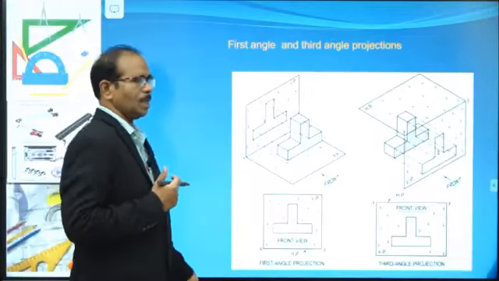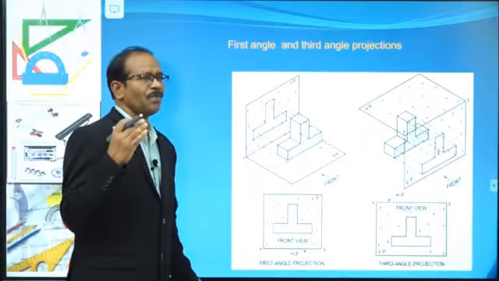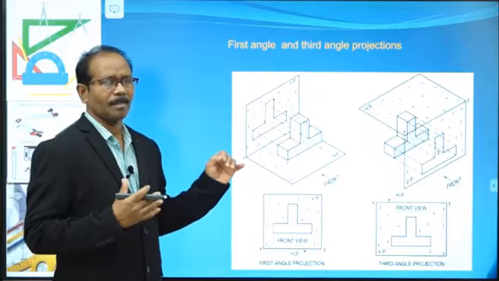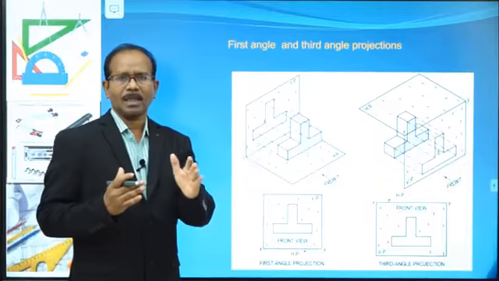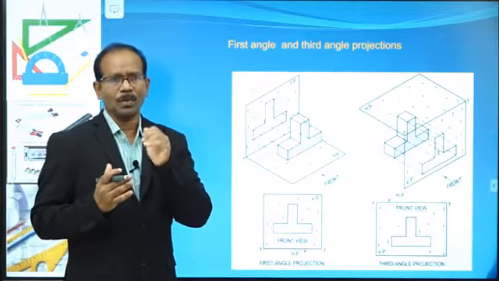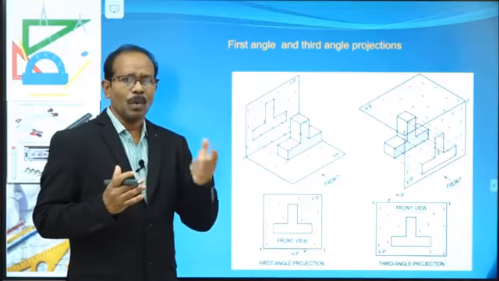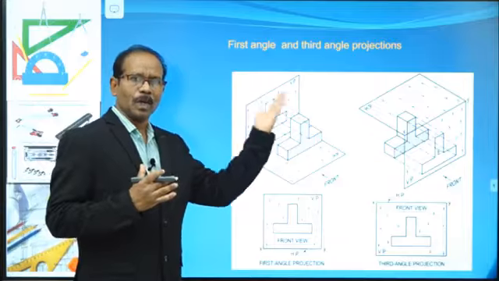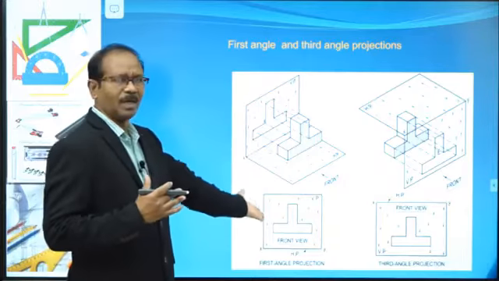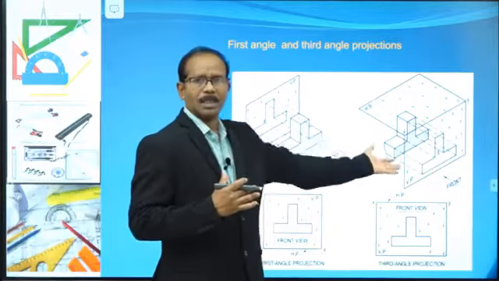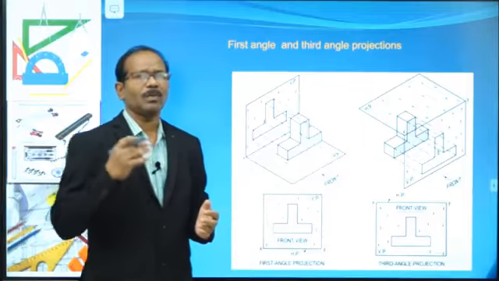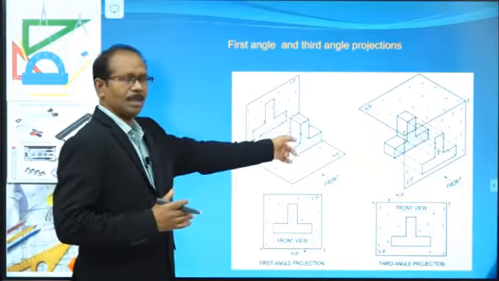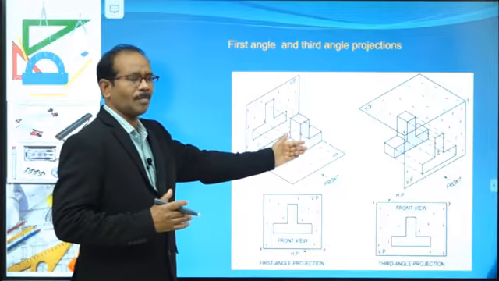Let's take what I told. 2 reference planes are formed, 4 quadrants. Just now I told you we are using 2 quadrants. Those 2 quadrants are the first quadrant and the third quadrant. First quadrant: assume the object in the first quadrant. Draw